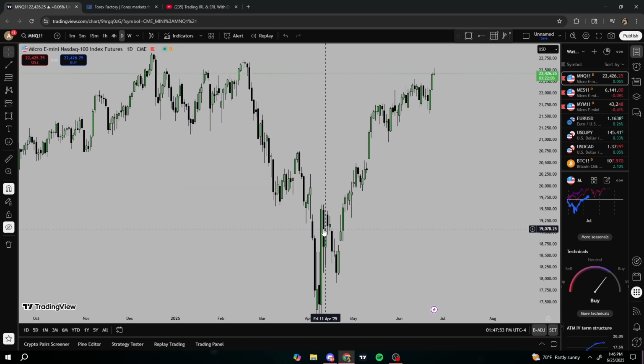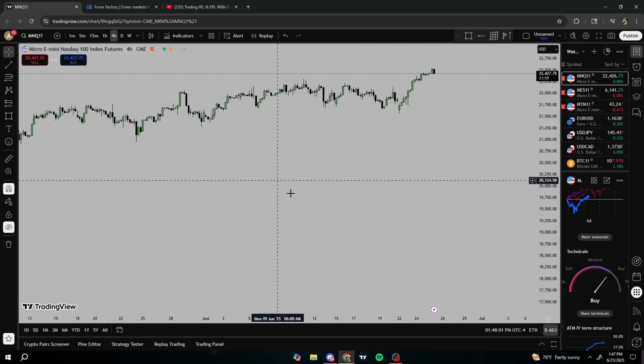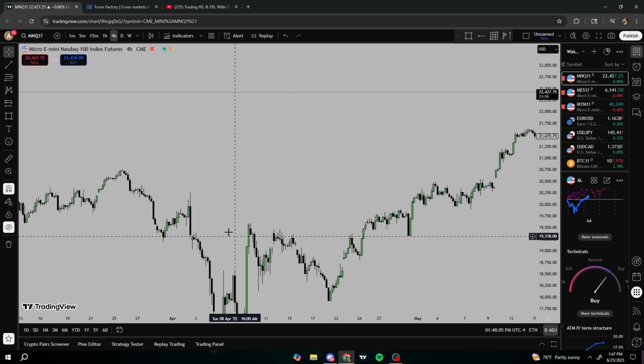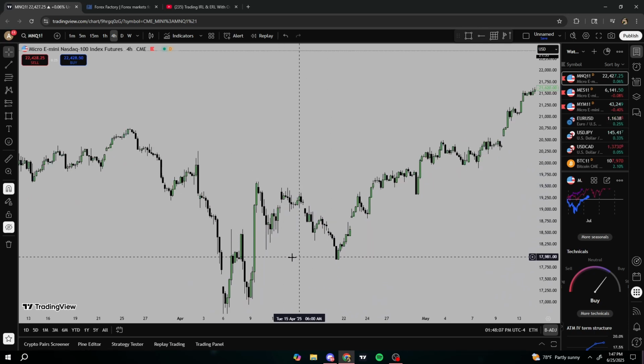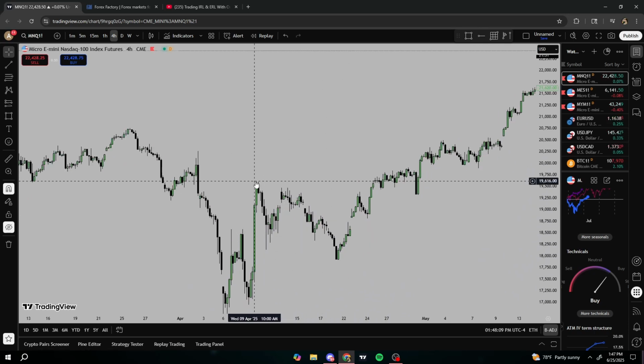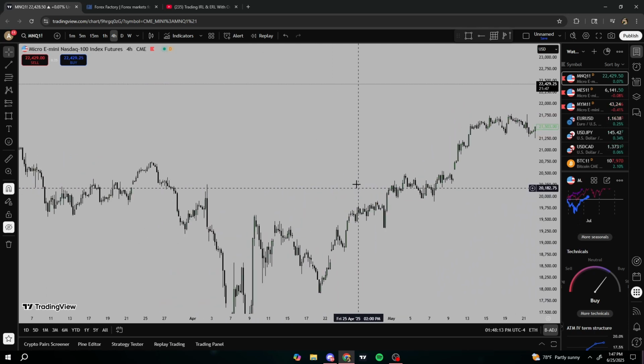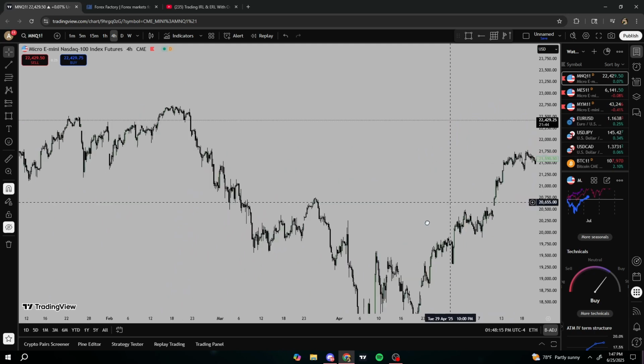gaps. My whole bias since around beginning of April has been, after I noticed this market structure shift and we reversed, has been enter off fair value gaps. This might be clear on the 4 hour, but enter off fair value gaps, targeting these highs. So enter down here in this fair value gap, target this high, right? Enter in this volume imbalance, target this high, right? Enter in this fair value gap, target this high, because we're on the buy side of the curve, and that's